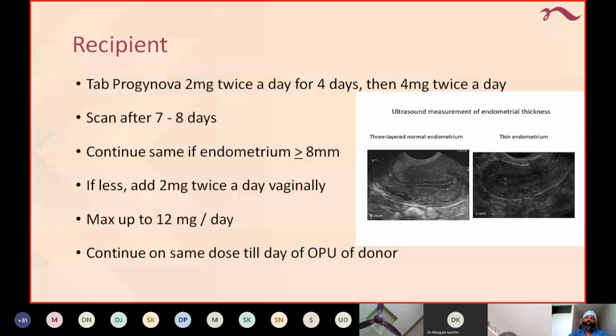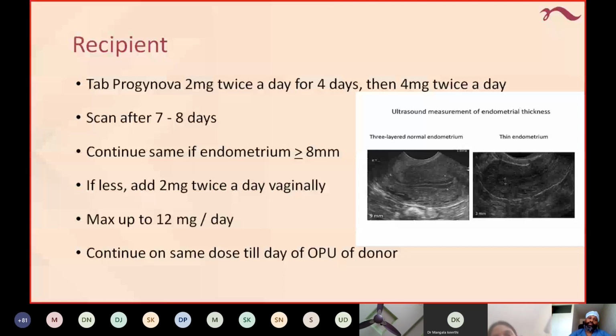Patients who are poor responders, meaning they have very few eggs, but still want to try with their own eggs. There are only 1 or 2 follicles we can see, but yes, they want to try. You can start with 300 international units of recombinant FSH or HMG and add an antagonist around day 6 to 7, and then you trigger when the follicle becomes 18 millimeter or more.